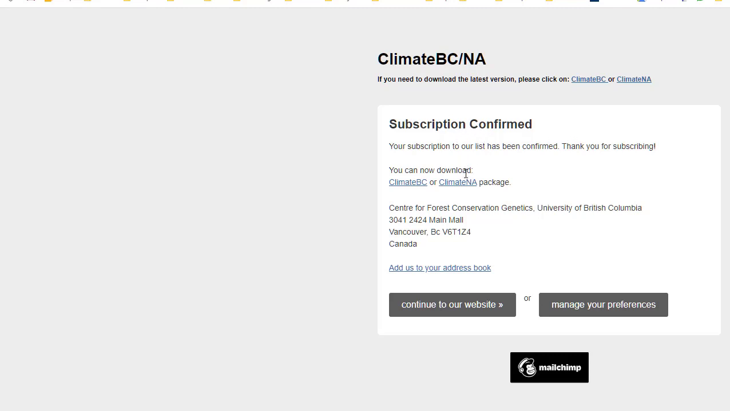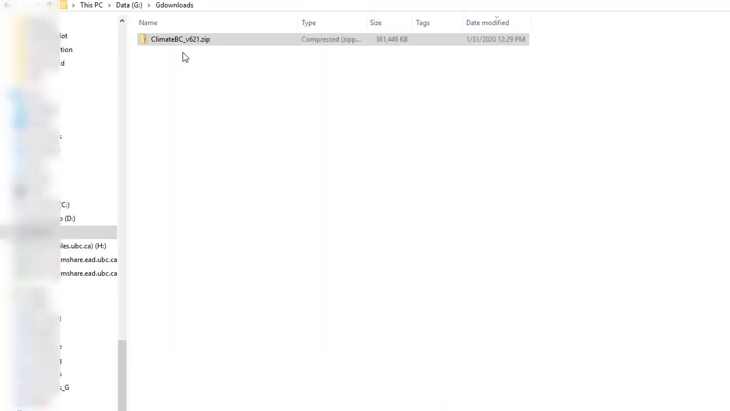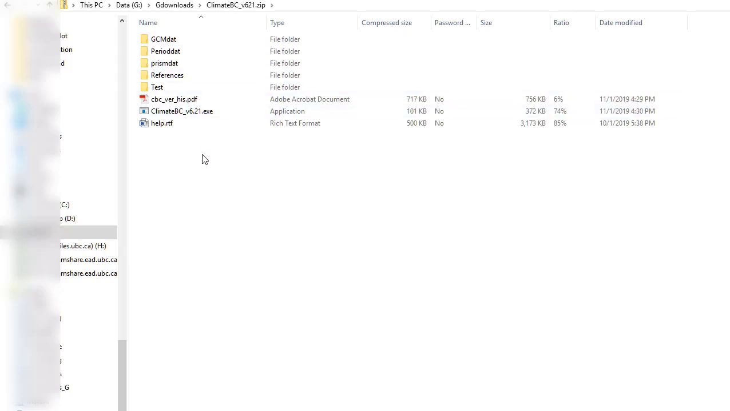In this page, it shows the downloading links for the two packages. Here's the package we downloaded. It's a zip file package. We can click it to check the content. Here is the exe file. We can click on it to try to run it,